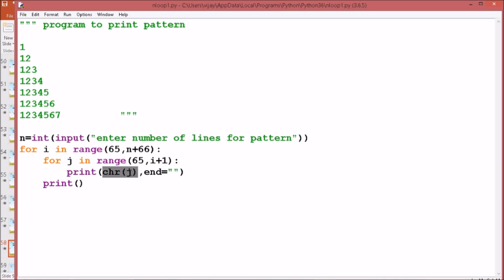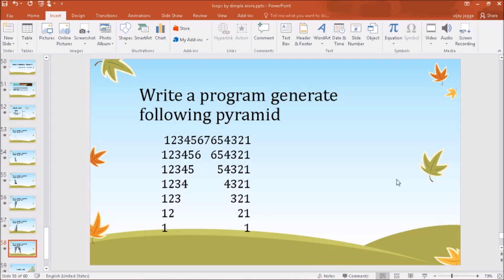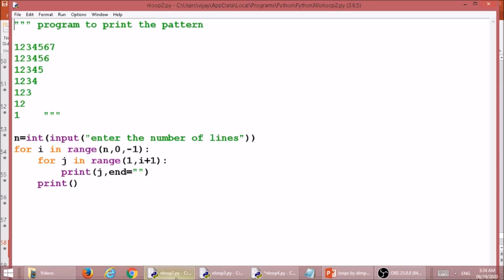If the value of j is 65, it will convert into capital A. If the value of j is 66, it will convert into capital B, and so on. So with this one program, with these 5 lines of code, we can generate a number of different patterns we have just seen. So let us move to yet another program.